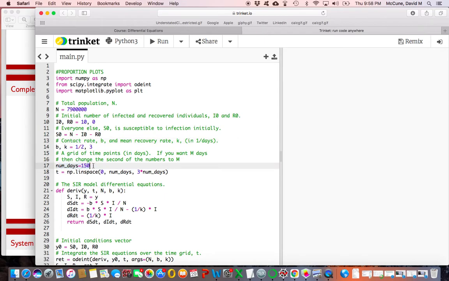And the last thing you'll mess with for now is, notice this variable here says number of days. So you can tell it how far into the future you want it to look. So I've asked it to look 150 days into the future. You could ask it to look 15,000 days into the future. But as you might imagine, the farther into the future you go, the less reliable the model is going to be. So you got to be a little careful about that. And then what this does, you're not going to mess with this, but this sets up the time step for Euler's method. So anyway, Euler's method is here. All of that to say, once you do this, the total population, the two initial values for I and R, capital B and K, the number of days you want, then you click Run,